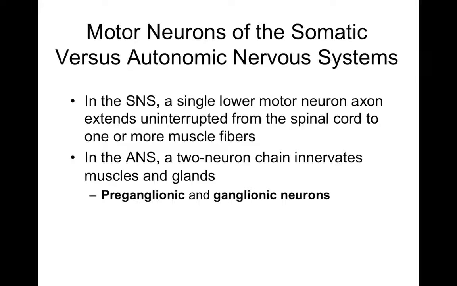So for the autonomic nervous system, we have collections of postganglionic neurons, like bundles of nerve cells, elsewhere in the body. They can either be close to the spinal cord, or very far from the spinal cord, like on or in the target organ. But basically, the preganglionic neuron synapses with the postganglionic neuron, or ganglionic neuron, elsewhere in the body. So you have at least a 2-neuron chain of events, which means there are more steps, which means it might take longer to get a response, but it's also more regulatable, in the sense that there are more steps in the chain of events that lead to a response by your nervous system.